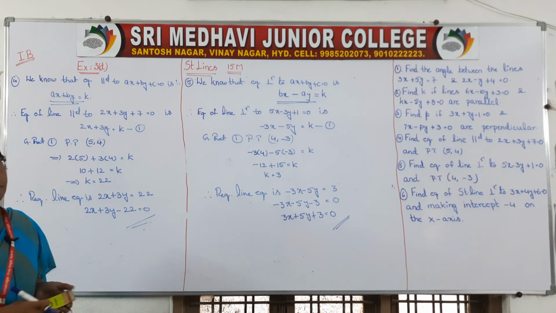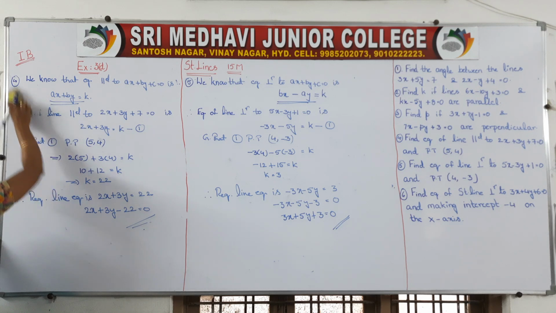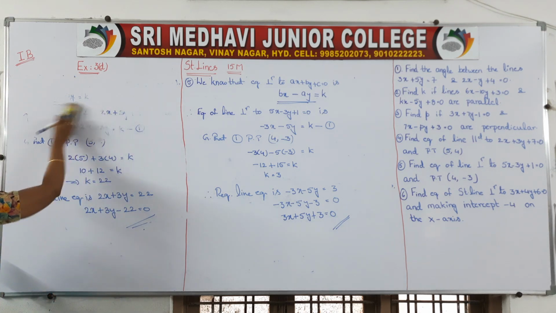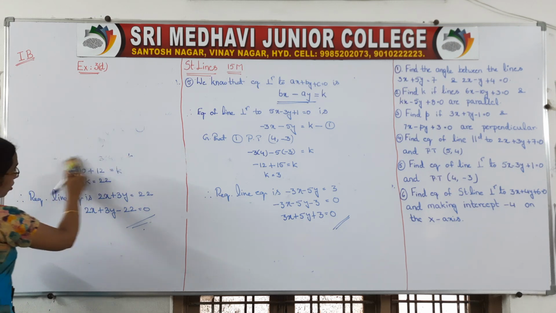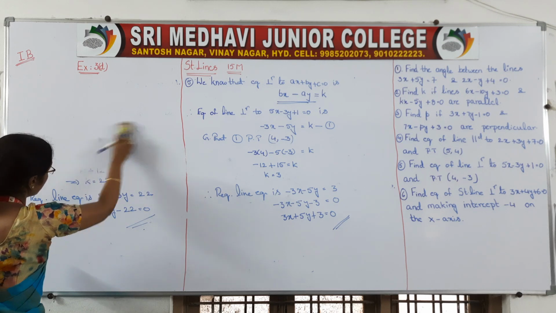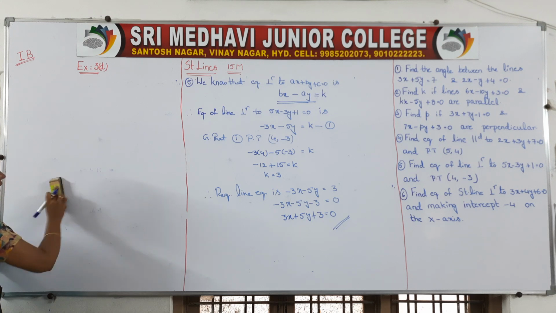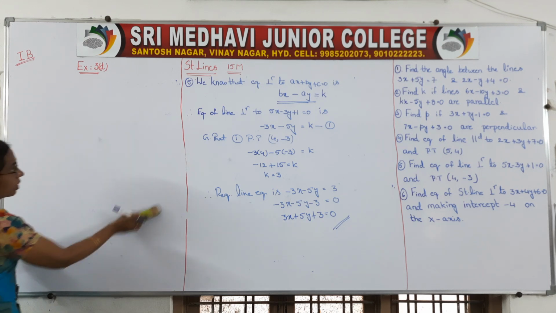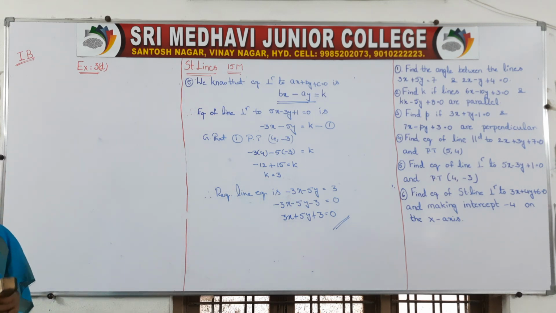Okay, that is perpendicularity. Now come to the sixth one, the last question of this class. So what is your sixth question? I said before solving the problem, read the question and take the values correctly. Instead of plus, if we have taken minus, you will get a wrong answer and you are going to lose full marks. They don't give any marks if you have taken wrong information. Be careful. Okay, so now come to the sixth one.